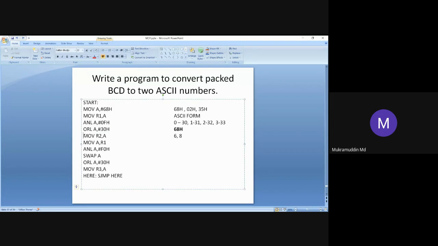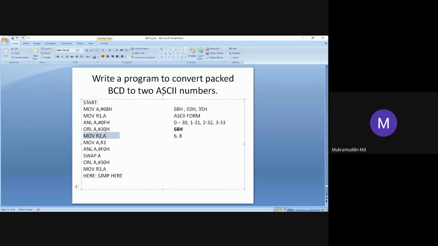Now let us see this instruction, MOV R2 comma A. In the A register, what is the value now? After completion of ORL A comma hash 30H, the value of A will be 38.